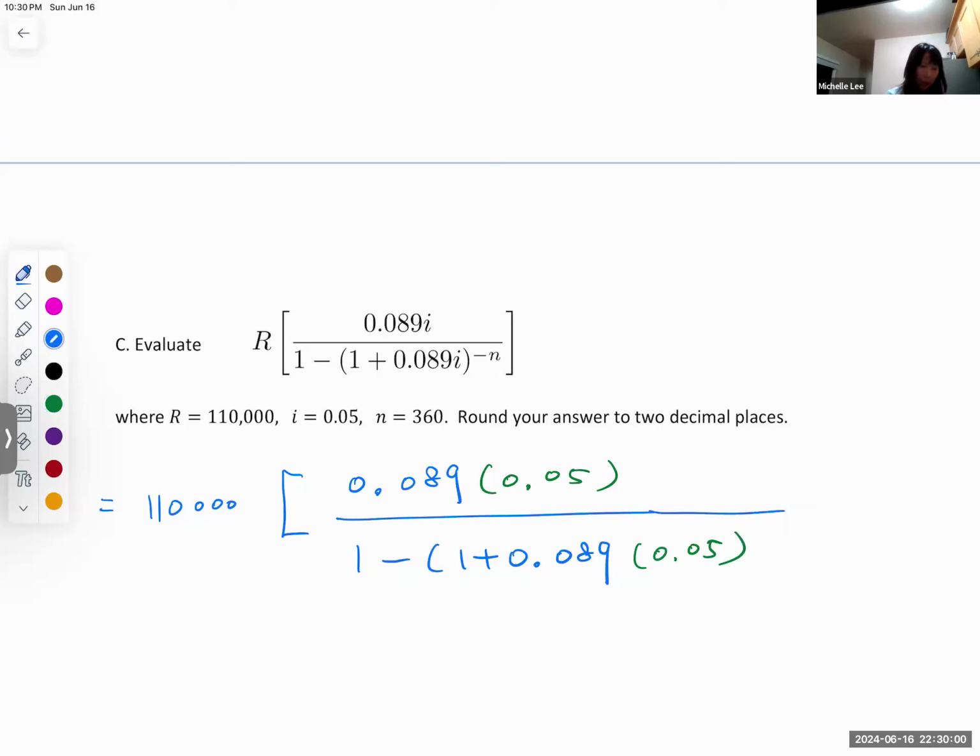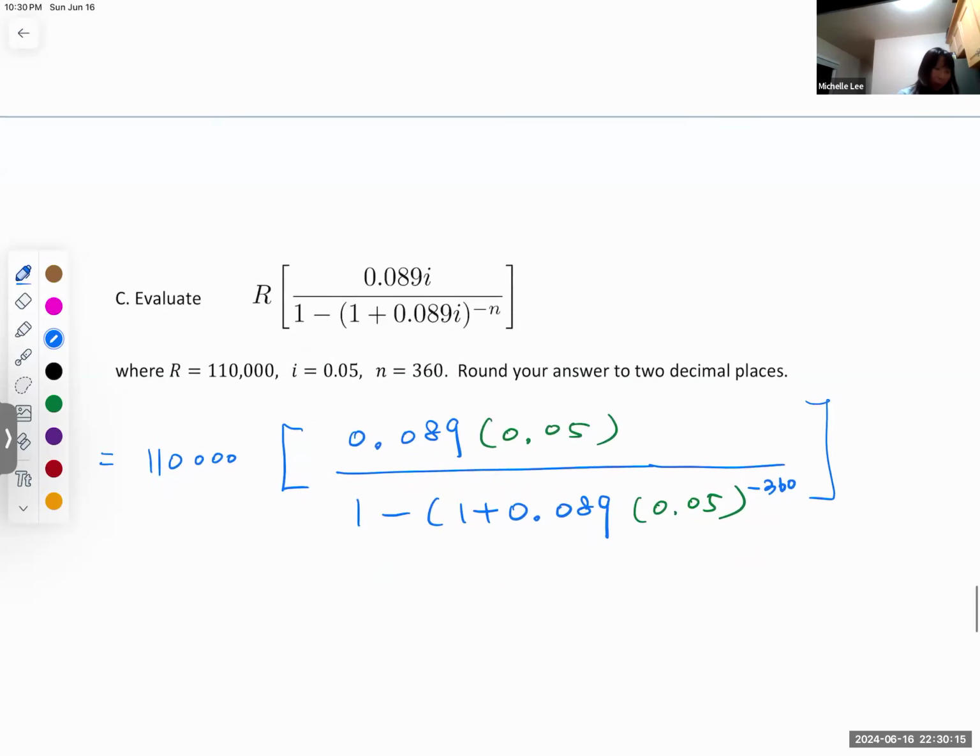So that will be negative 360 power. Okay. It's a tedious calculation. So the numerator will be